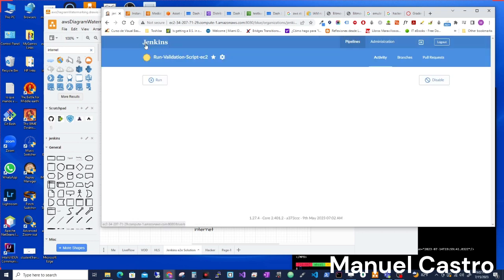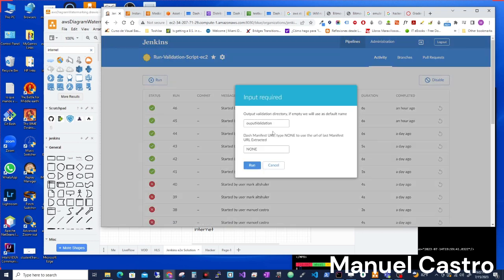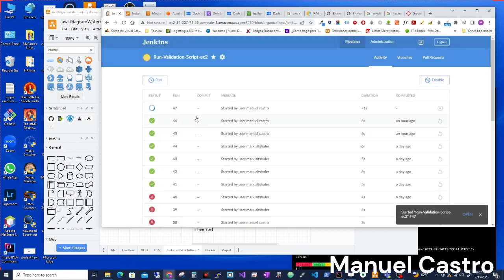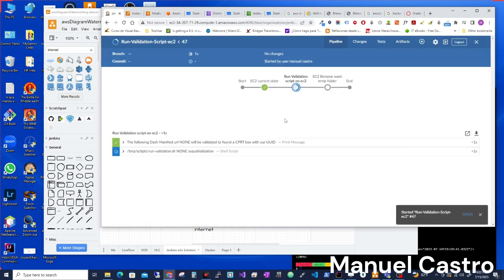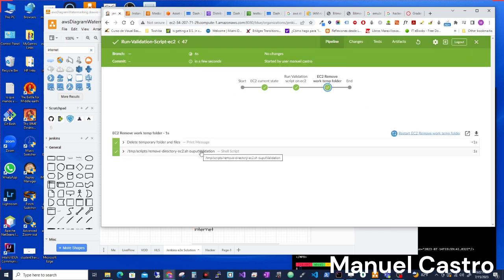inside. So what we're gonna do here is two cases: the case that we have a signal that has the CPRT, and the case that we have a signal that doesn't have the CPRT. In this case, we're gonna use none, which means we're gonna use the URL of the last signal we processed, right? And then when I run here, this is gonna go again to the EC2 machine, connect to it, and try to validate